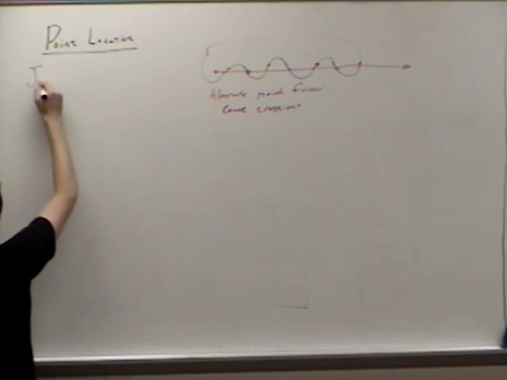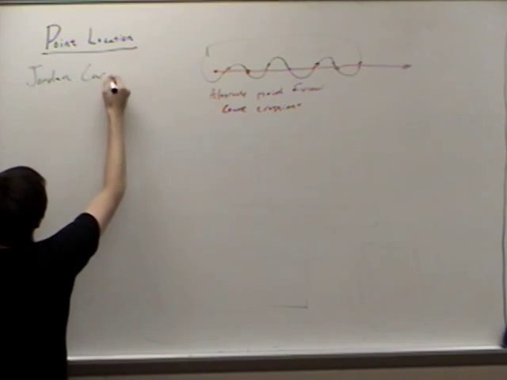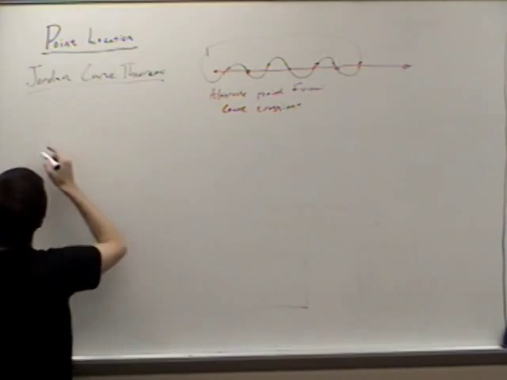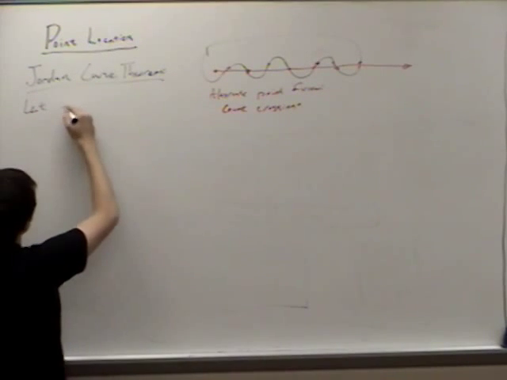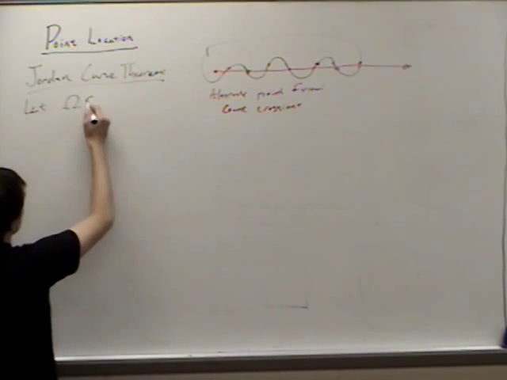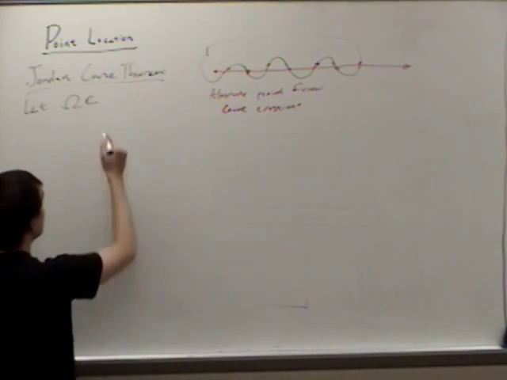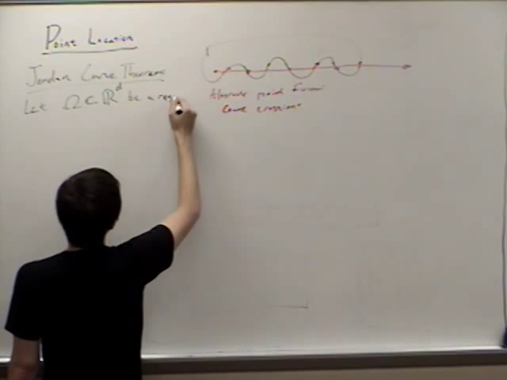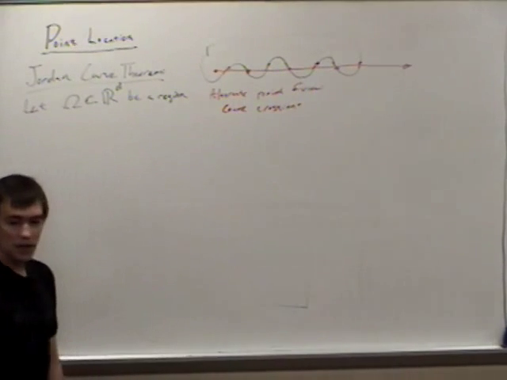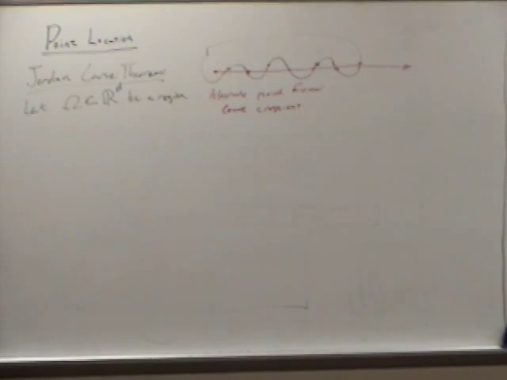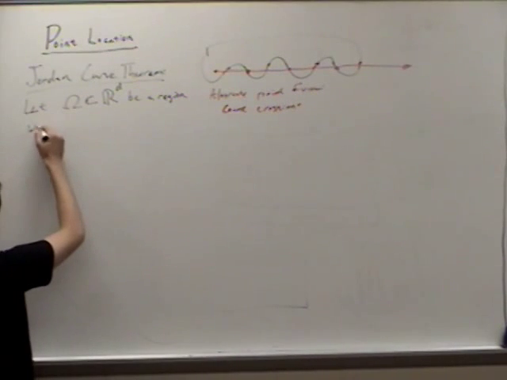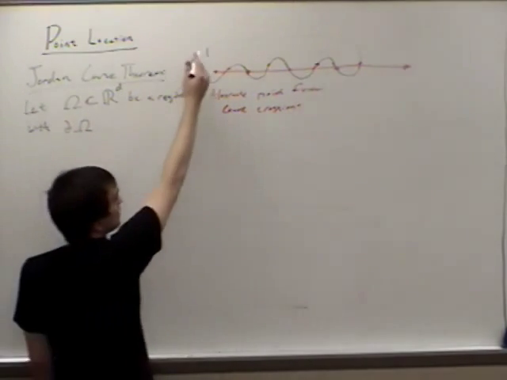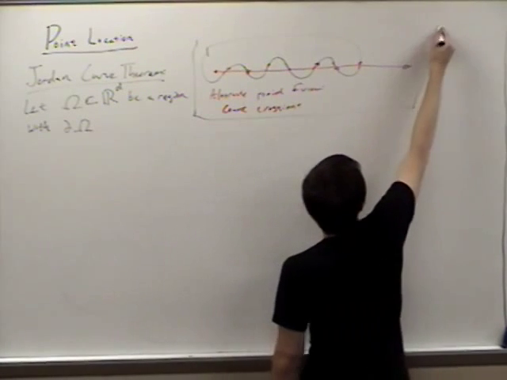So this concept, Jordan curve theorem, we'll just say let omega, and this doesn't even have to be in R2, it can actually be in any dimension, be a region. Doesn't have to be connected, doesn't have to be contractible, can be whatever you like, right? It's just any crazy subset of this thing, with the constraint, with the boundary of omega, which is basically, we can think of this as like the curve or the polygon, which is determining the region,